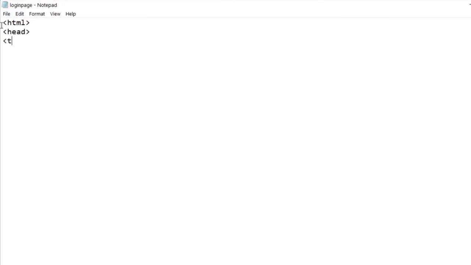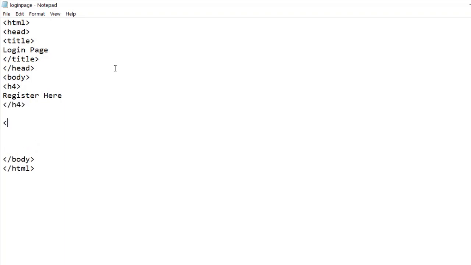We again start by writing the HTML head, title and body tags like we had done earlier. Now, let's write a heading tag called register here. Now we open the form tag. Inside this we have an attribute called action, which is used to define the place where we want to send our input. We will study about this in the next topic. So we write action, and as value we give the path of the file where all the data of the form will be sent. For now we are giving it a random file name.